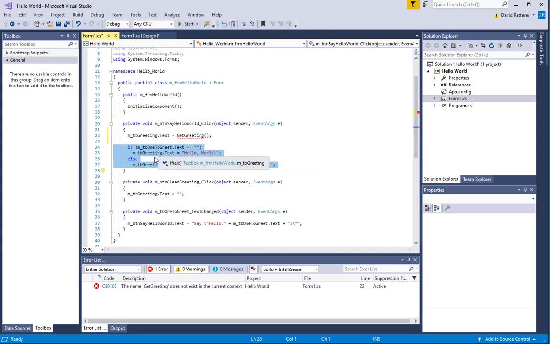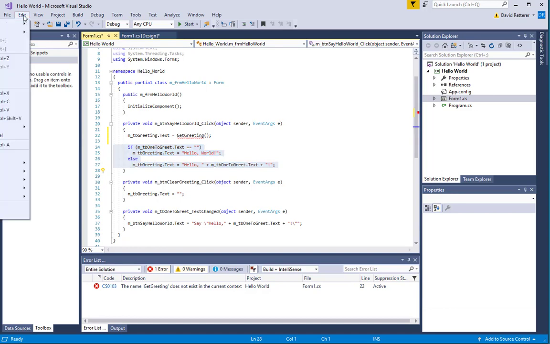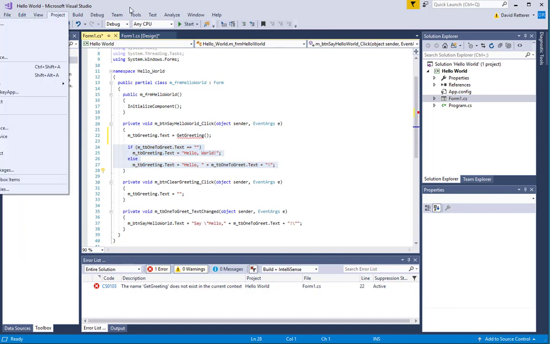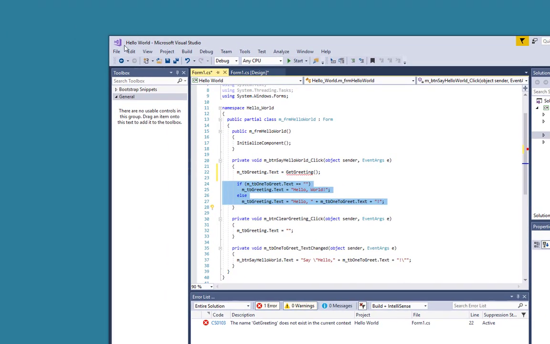So we could copy and paste that and come down here somewhere and make a new method called getGreeting and put this in there, or we could type it all over or whatever. But Visual Studio has a really neat little feature, as do many other world-class development environments. I'm going to click on Edit. And I'm going to have to scoot this down here so you can see what's happening. So Edit,